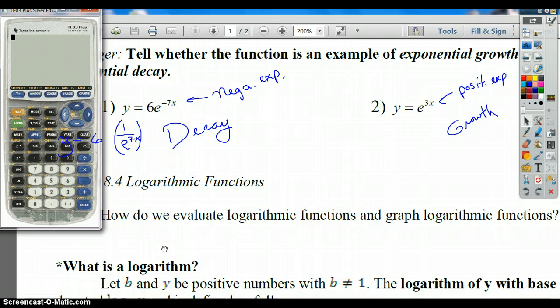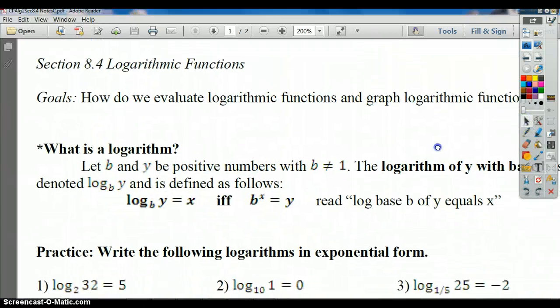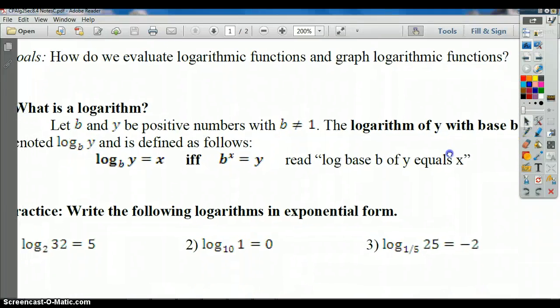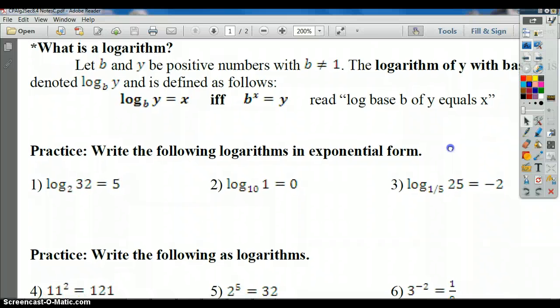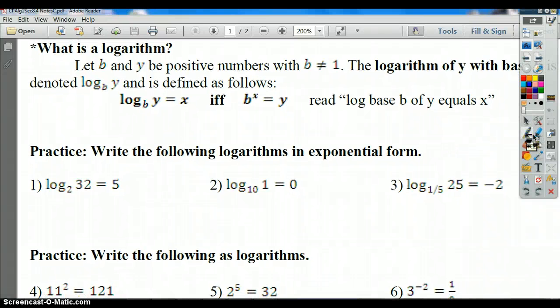and let's move into what we're doing today. So, how do we evaluate logarithmic functions and graph logarithmic functions? What is a logarithm? Really, this is what you want to have memorized. Notice the base b is your base here, and it's raised to the x equals y. Now, if we rewrite the following 3 logarithms in exponential form, so we don't have log,